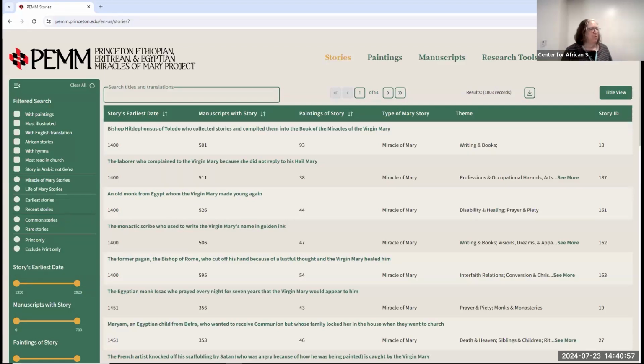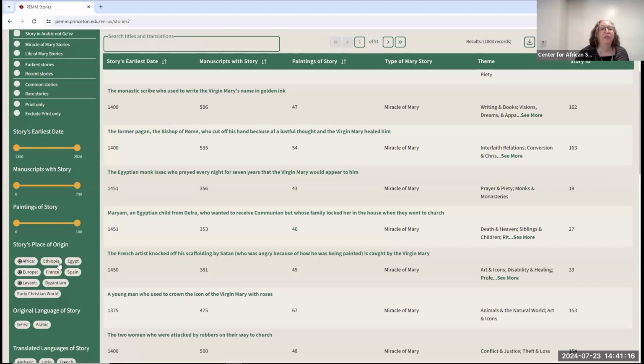So if you were working with your students, you might say, hey, there was a thing that scholars used to say about the Miracle of Mary stories, where they were all from France. Can you give me the answer to that question? Are they all from France? And then you could go down here and we actually have places of origin. On the left, it's one of the bottom ones, so you kind of have to scroll down. If you're in the mobile view, there's a little hamburger with an arrow on it on the top left; you have to go there to open up the filter.